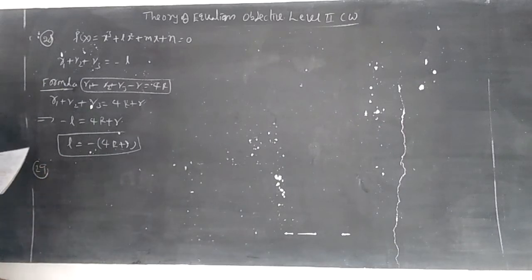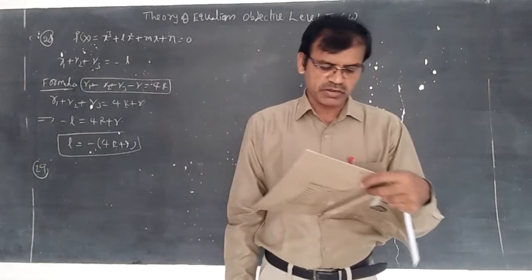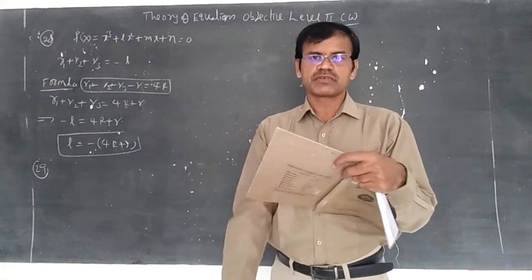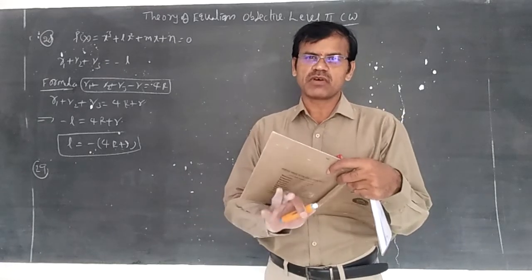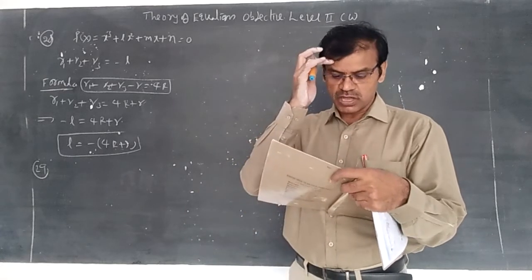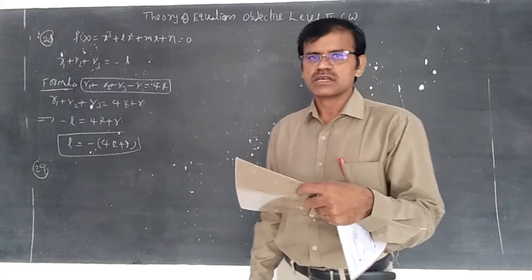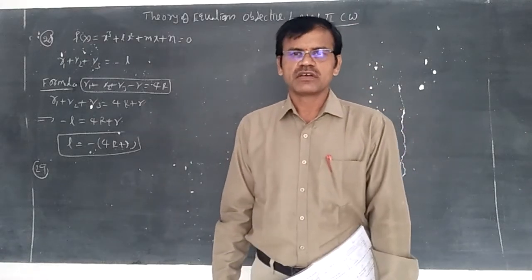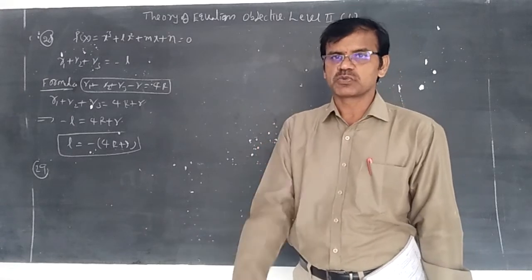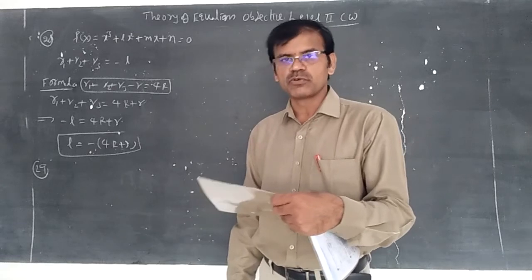29th question. 1, alpha 1, alpha 2, and so on alpha n are the roots of x power n minus 1. In this concept, whether it is the chapter theory of equations, complex numbers, de Moivre's theorem or quadratic expressions, you put the shortcut. If alpha 1, alpha 2, and so on alpha n are roots, then simply put n as 3, because x cube is equal to 1, so omega cube is equal to 1. The roots are 1, omega, omega square, the nth roots of unity or cube roots of unity. This is the proof also.